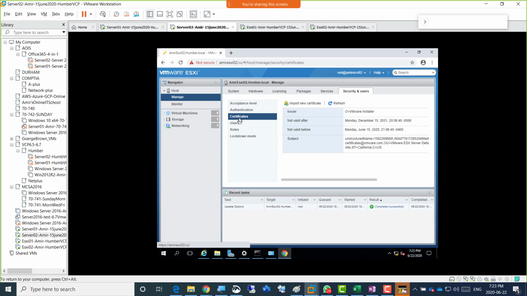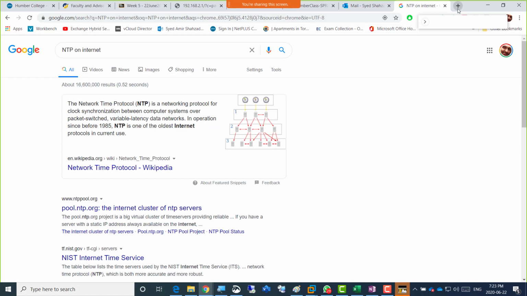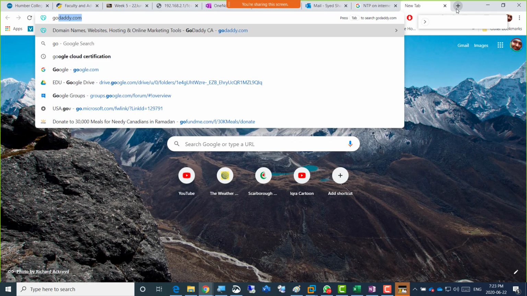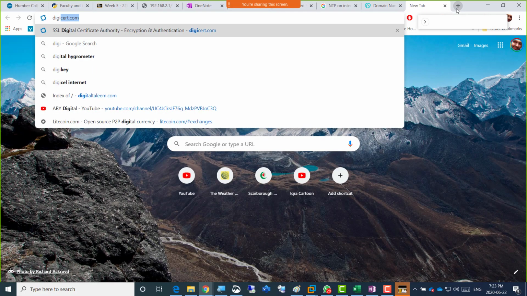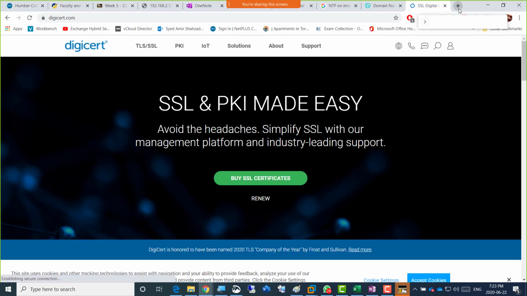So certificates, yes, you can just download the certificate from any CA. Any typical CA that you would want to go for, suppose it's GoDaddy.com or Digicert.com. That is also a very famous and expensive CA. And if you want to know what other CAs we can have,